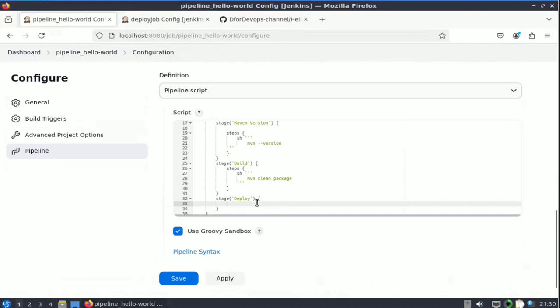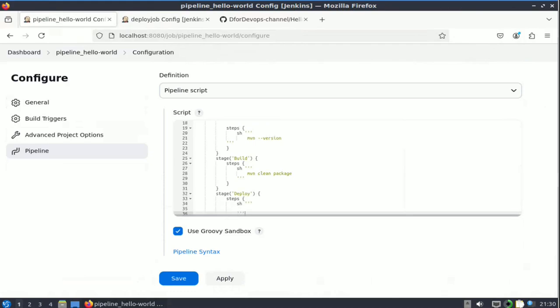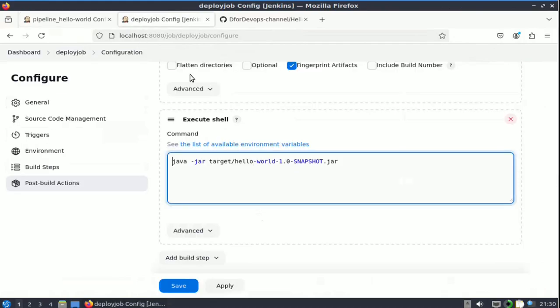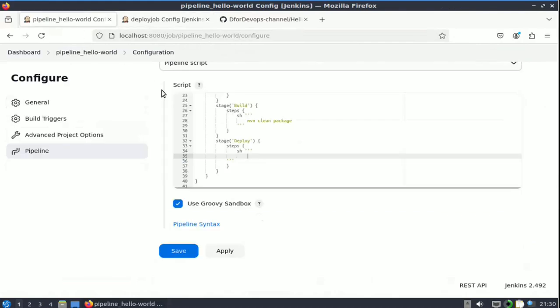I'll copy that, and inside it I'll add steps, put the shell, and inside it I would paste it. Oops, sorry, I haven't copied it. I'll just copy it and paste it. So this is the command which will do. The jar file would be